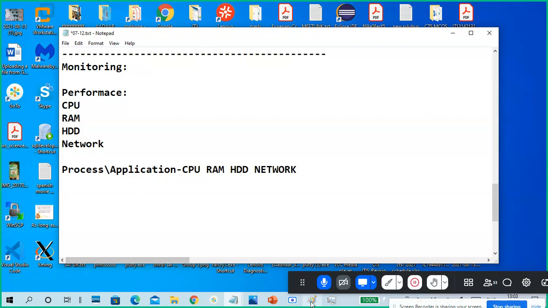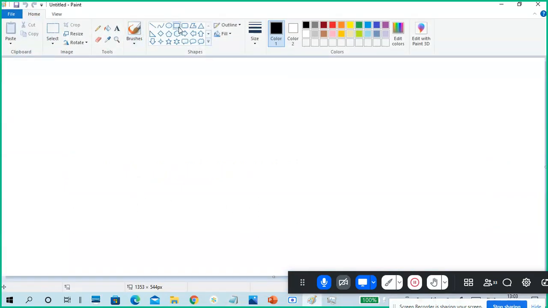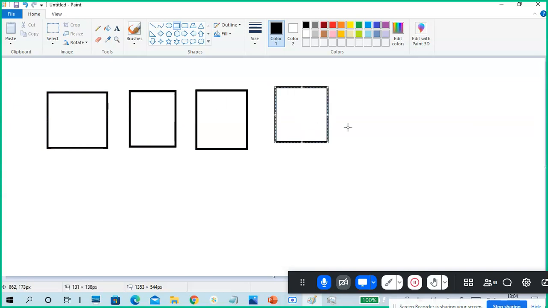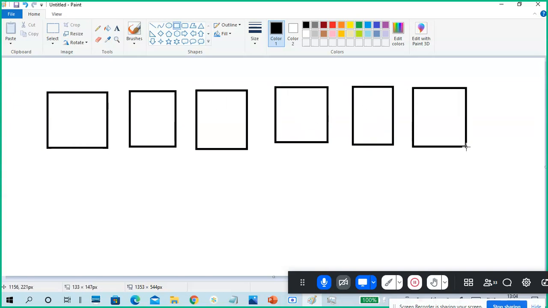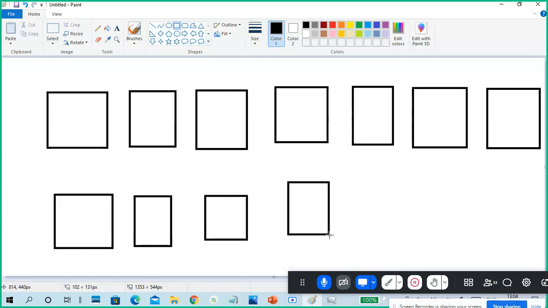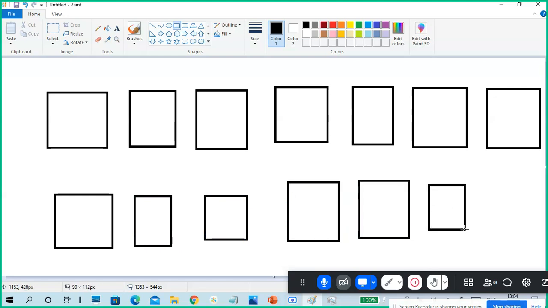But in real time, we don't have one system, right? I have a lot of systems in my place. I have a lot of computers, laptops, servers in my organization. For example, there are 100 computers.